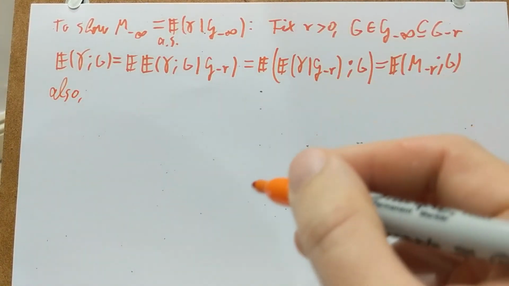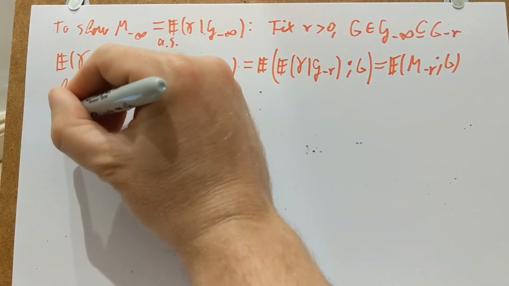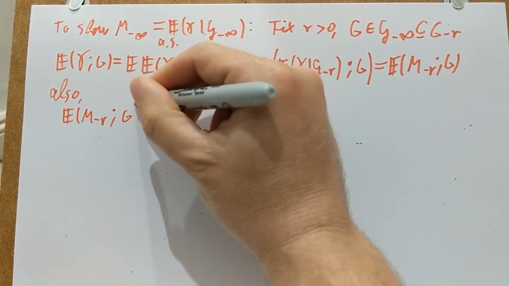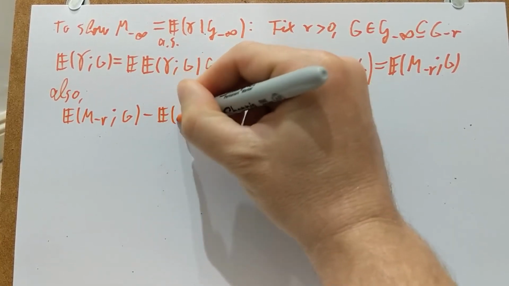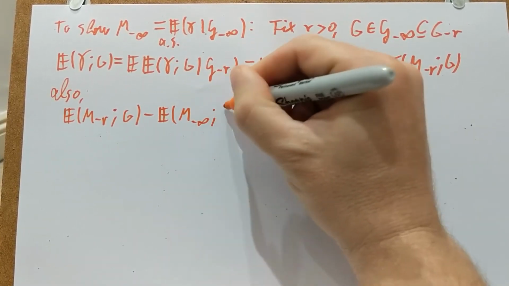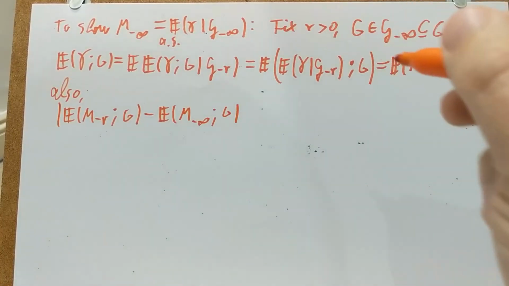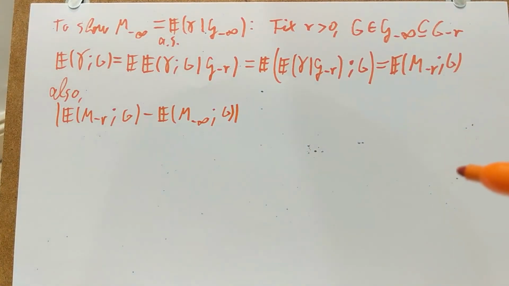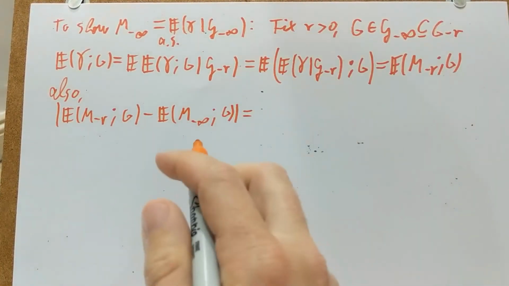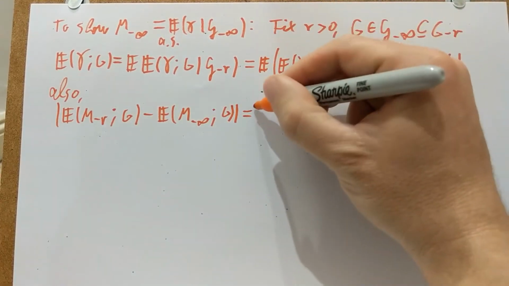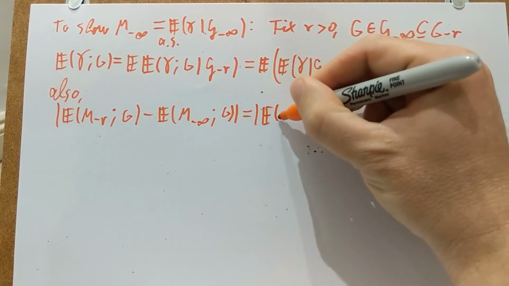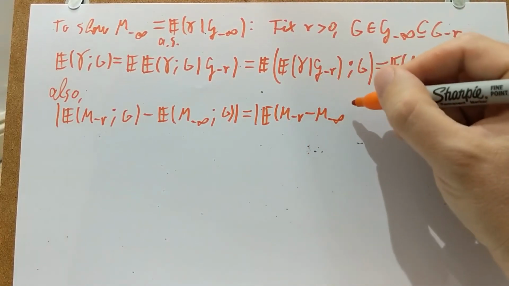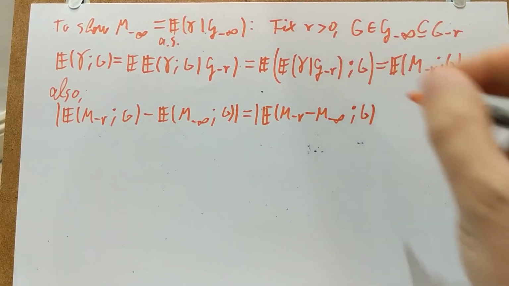We can take the expectation of M_{-r} on G minus the expectation of M_{-∞} on G. Again, this is not very new; it's similar to arguments we had before. I can factor out the indicator because it's a common factor. So it's the expectation of (M_{-r} minus M_{-∞}) under G, all of that under G,